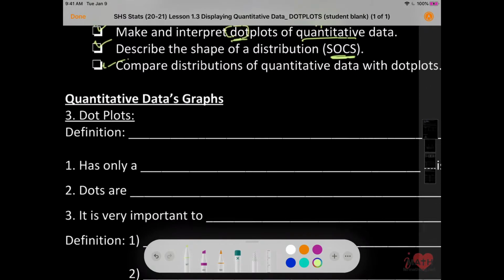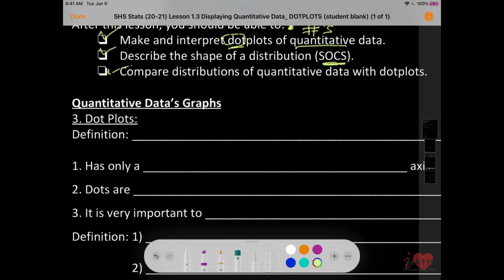So what is a dot plot? Let's go ahead and define it. Remember, it is part of quantitative, so they are numbers. Basically what we're doing is taking these numbers and giving some kind of representation to them. A definition of dot plots: shows each data value